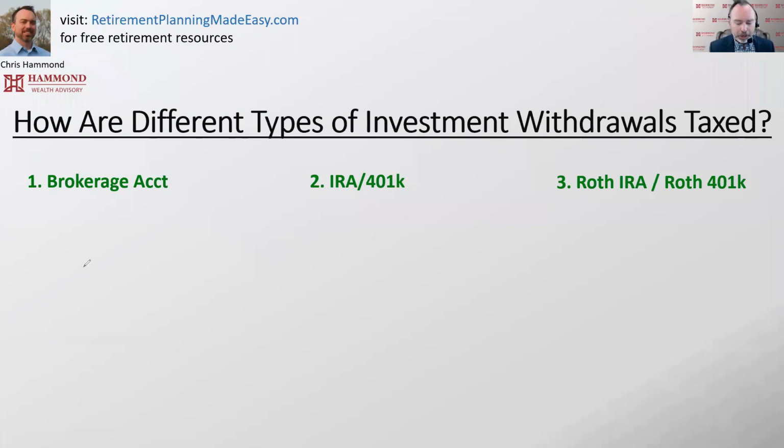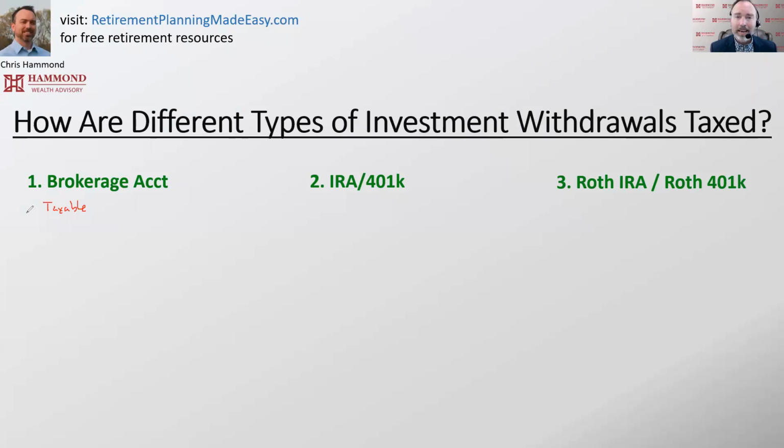So brokerage accounts, you'd call these taxable accounts. And what that means is that every year, you're going to get a 1099 on it. Even if it's a CD in the bank, if it's not inside an IRA and you just have a CD at the bank, for instance, you're going to earn some interest on it. You're going to get a 1099 from it. If you have a brokerage account and you have some stocks in it, you're going to get dividends probably paid to you for that year.